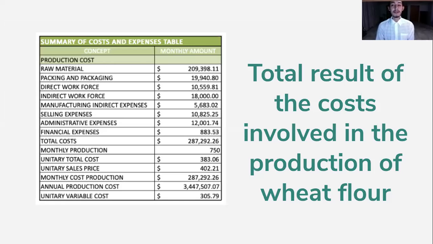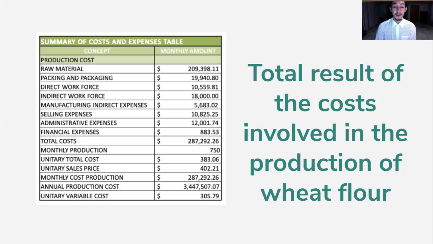Now, the total result of the cost involved in the production of wheat flour. As you can see on our table, we have the concepts followed by the monthly amount. We begin with our production costs, followed by our raw material, packaging and packing, direct workforce, indirect workforce, manufacturing indirect expenses, selling expenses, administrative expenses, financial expenses, which brings us to a total cost of 287,292 and 26 pesos, with a monthly production of 750 sacks,